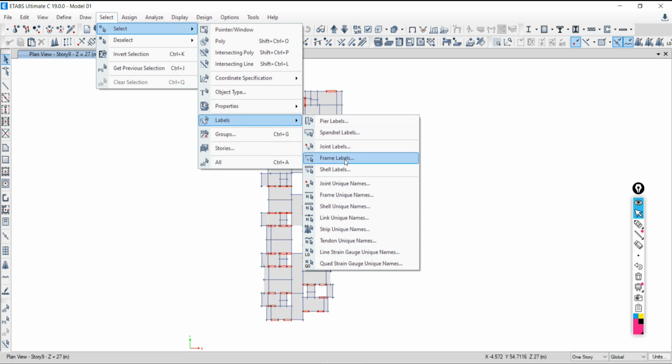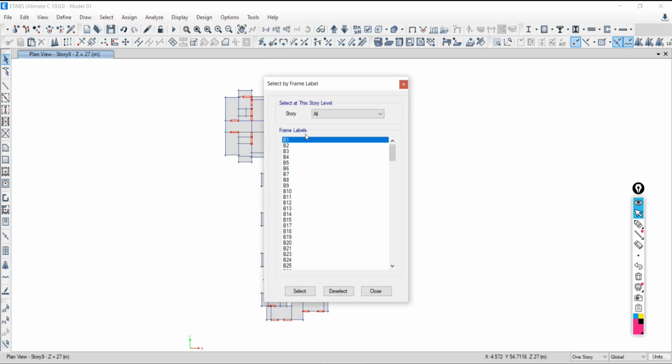Labels, then frame label. Beam is what? Frame, joint, or shell? Frame, sir. Exactly, so check the frame. Frame element B8, this one, B8. Press Control and come down, B110. Now say select.